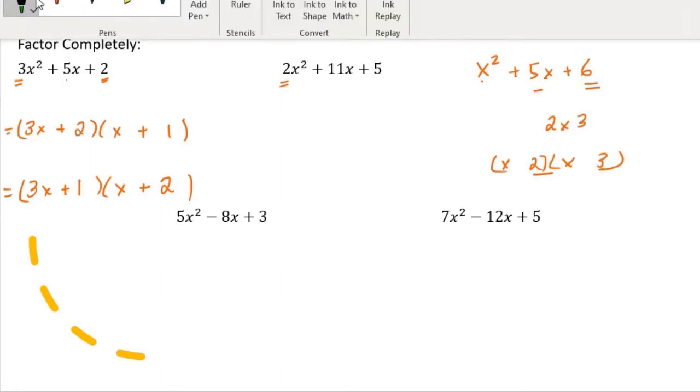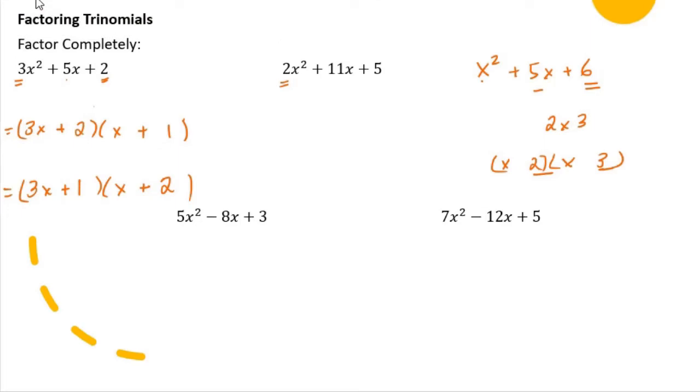Okay, how do I know which one's right? Well, I know how the first and the last work. I know that 3x times x is 3x squared in both cases. I set it up that way. And I know that 2 times 1 is 2. We chose those numbers, so we don't have to do an extra check of them. What we do have to check